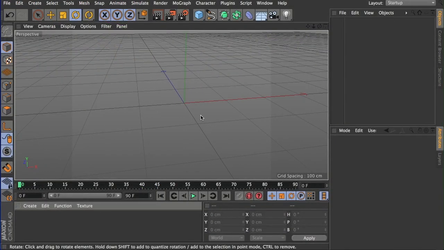So here I am now inside a 3D program. The program I'm using here is called Cinema 4D, but there's a wide variety of 3D creation and editing applications out there, all the way from the free but very competent Blender up to high-end programs such as 3D Studio Max, Maya, and these other high-end programs. They all work in more or less the same way and accomplish the same things, but the user interface is quite different in these programs. So I found Cinema 4D to be reasonably easy to understand and to use,